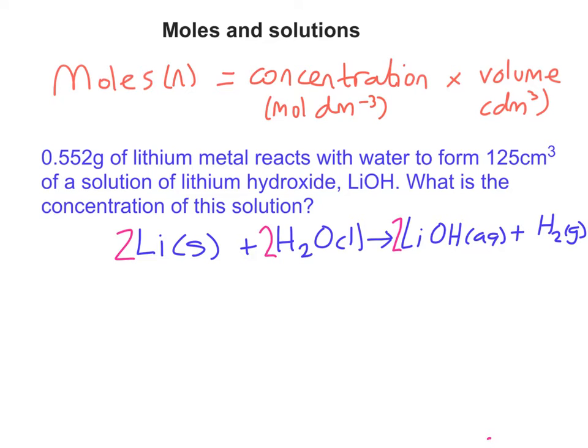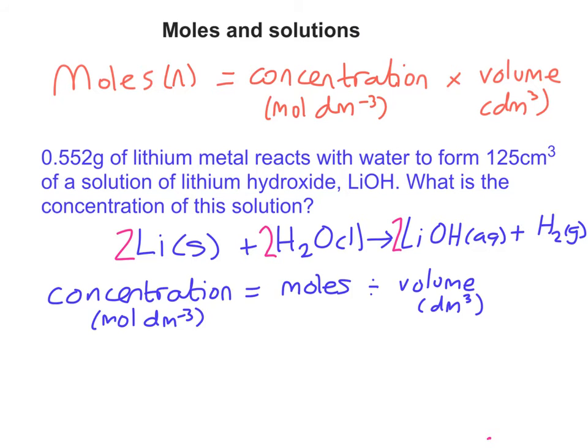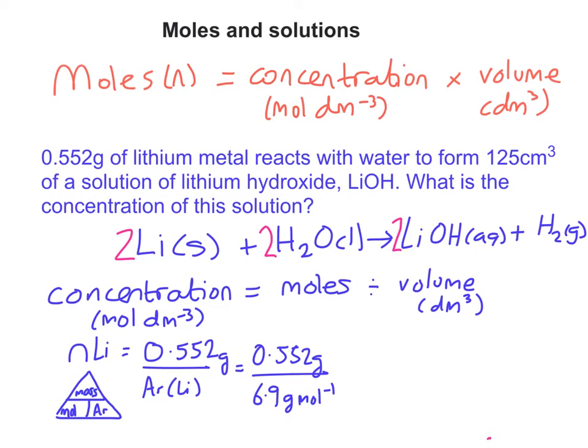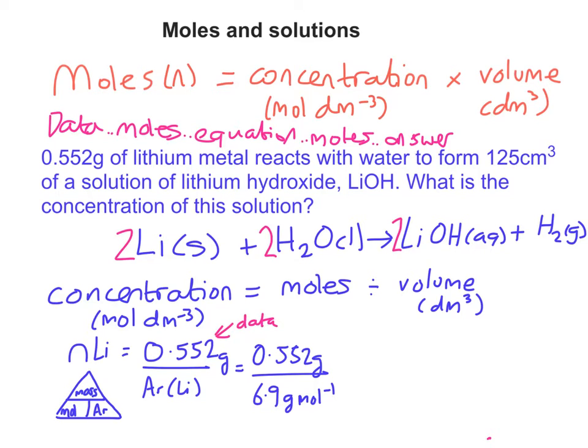So they want us to know the concentration. So I've rearranged the equation at the top of the screen so that concentration is the subject. So my first thing to do is to work out from my data how many moles of lithium I've got. So I'm using my DMEMA technique. Now I know I've got 0.552 grams. So that's my data. I divide that by the